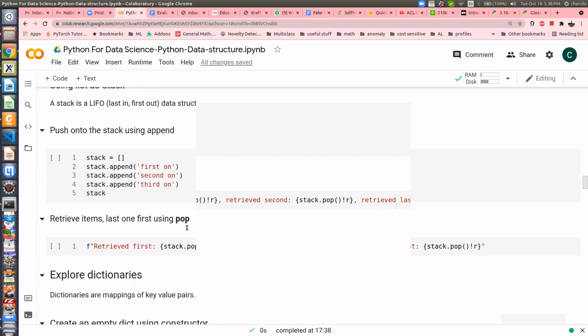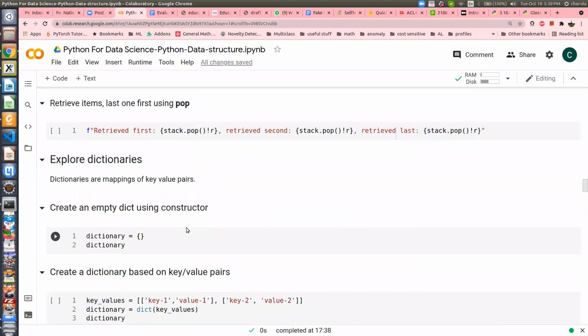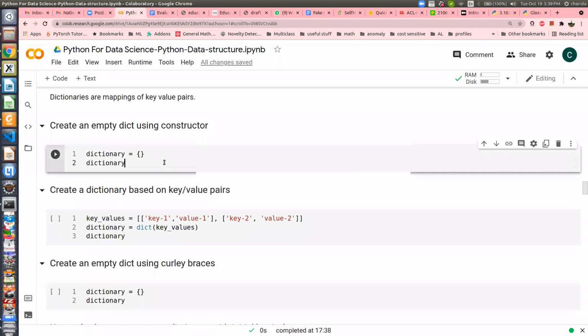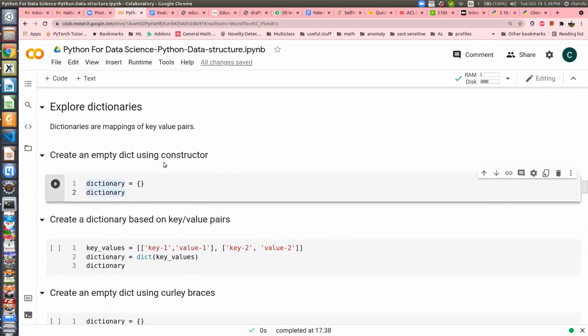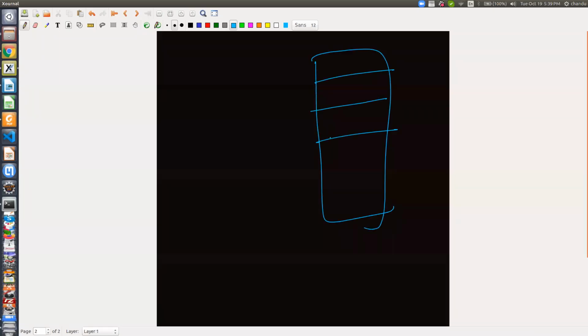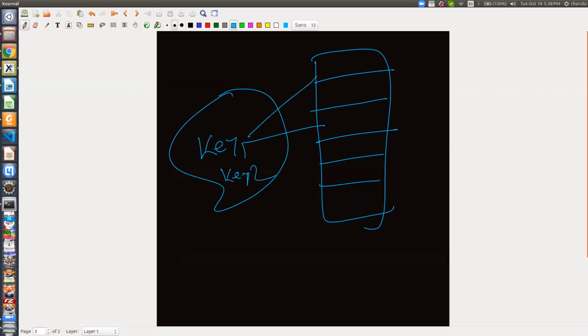I'm going directly to dictionary, because there are so many commands you can explore. I have talked about list and tuple. Let me go to the dictionary, then I'll talk about sets as well. Dictionaries are basically hash tables. Those who are familiar with hash tables: there is a key, there is a value. Given a set of keys, key K1, key K2, you map those keys to locations, slots.